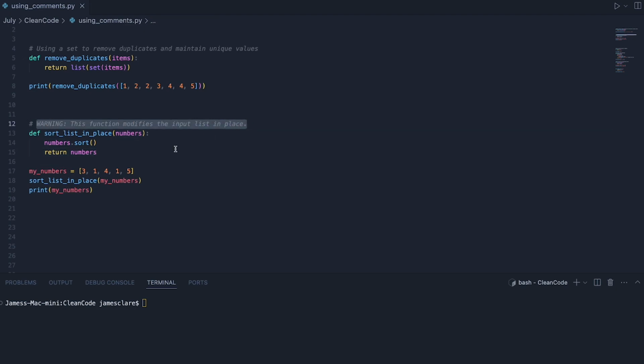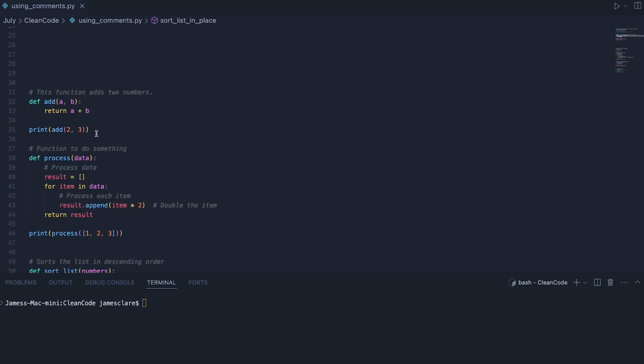I think any kind of action like this might warrant a decent comment, especially if others are going to be using it and there might be unintended side effects. Things like opening files and modifying files, if they might be in use somewhere else, a similar thing might apply. But this is what I would generally do. I'd normally write a warning in block caps like this, saying, by the way, here's a side effect of running this function.